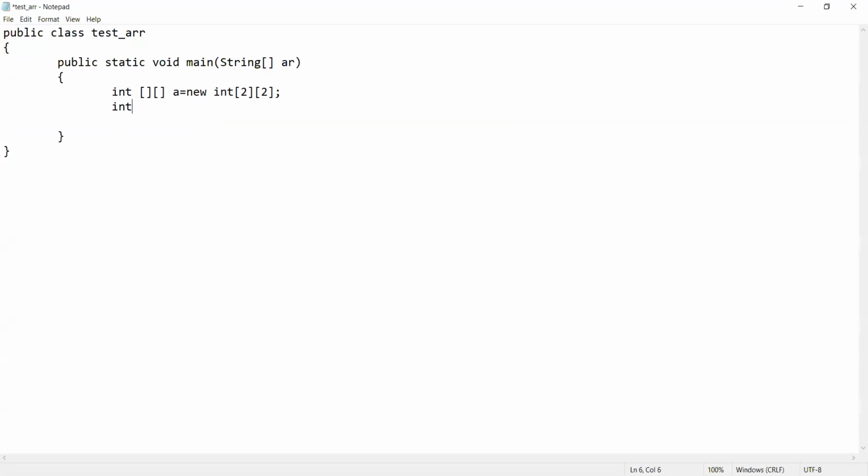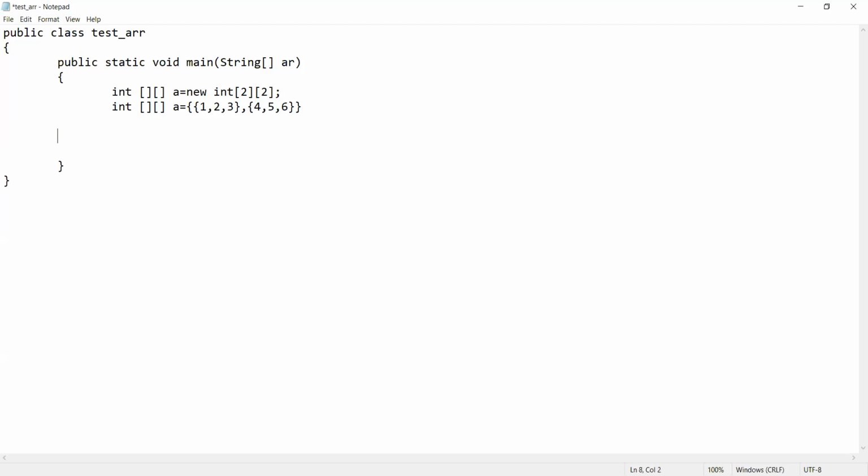Another way to declare it, A is equal to say 1, 2, 3, 3 rows, comma, see, this is the double dimension array. So 2 rows, 3 columns are being created in the array.